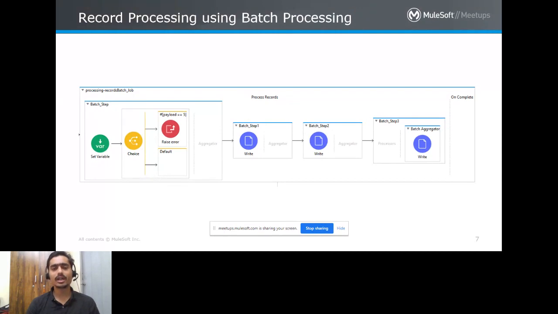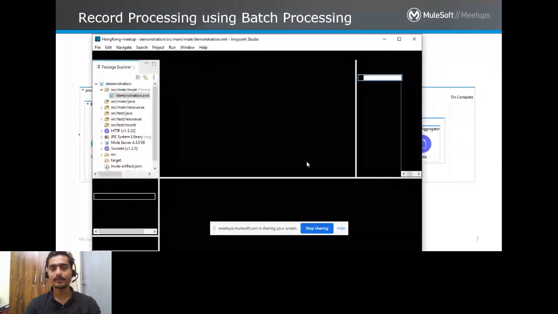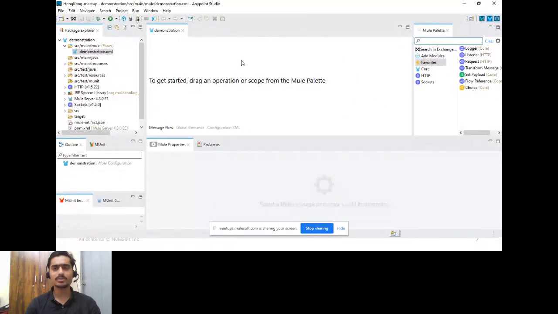So considering that as our base requirement, if we go ahead, we also have another functionality which is batch processing coming into picture. So these are three main things that we will be talking about. Now, without wasting any time, I will directly jump into developing these solutions so that we can take better time for analyzing our requirement. I'm just starting with a very basic flow.